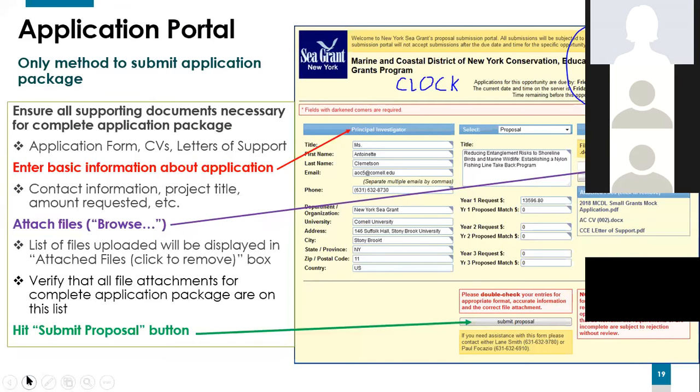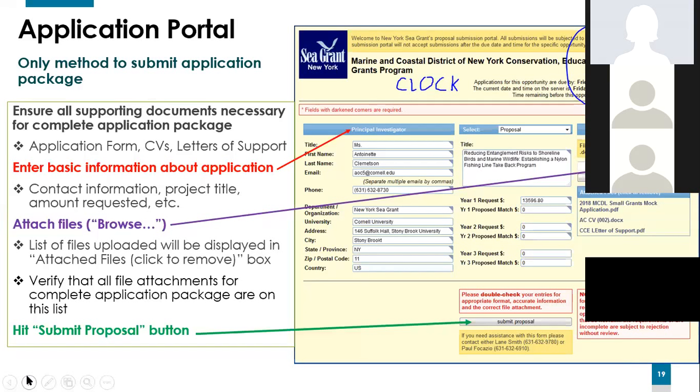When you go there, you will click Apply Now. And what that does, it's going to take you into the application portal. When you get to this section, the form will look something similar to this. It might be a little bit different. If anything, it's going to be more simplified. But this is one version that you might see.